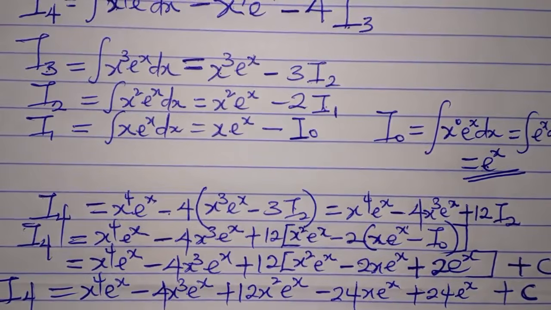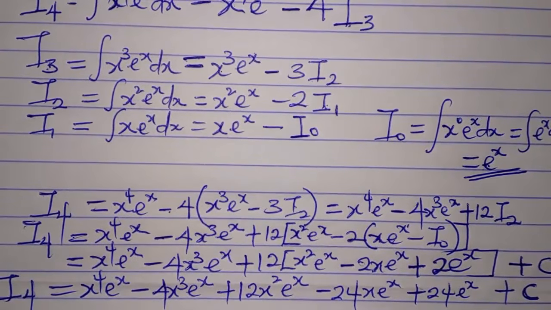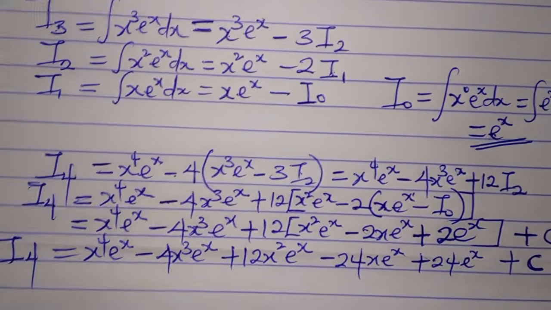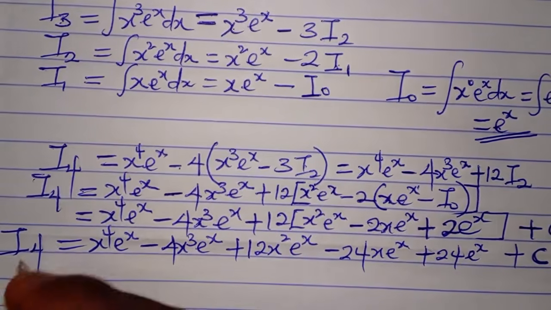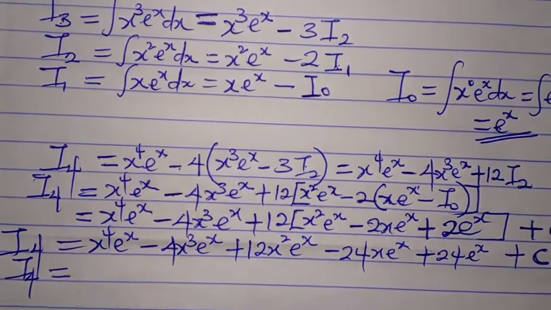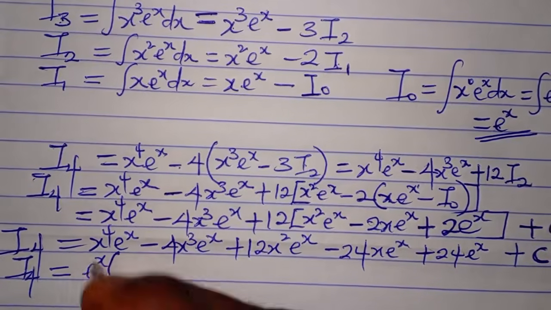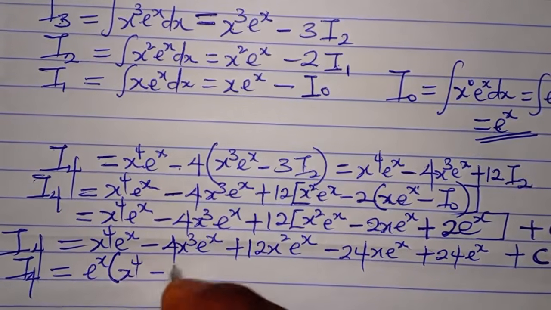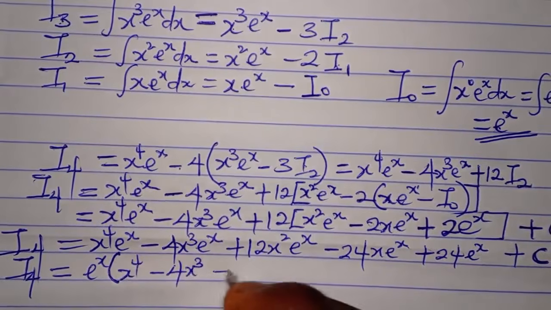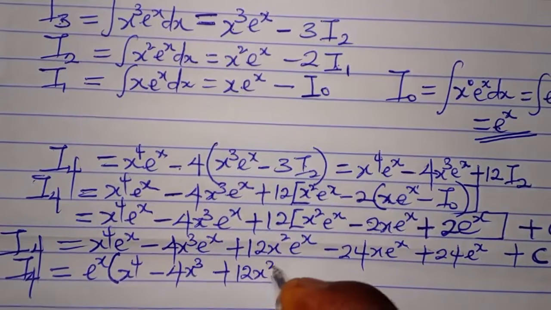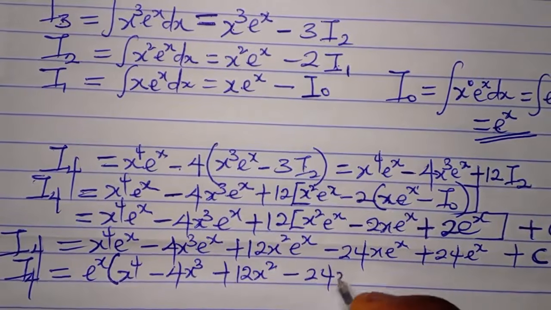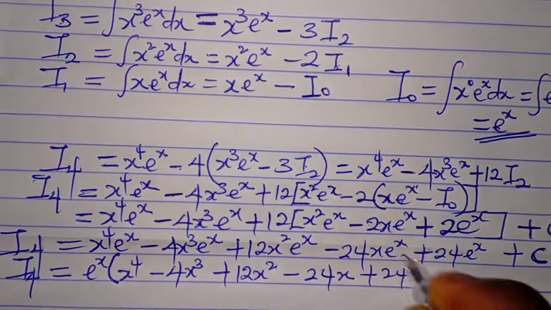So I can choose to factor out e^x, okay? If I leave it like this, I'm still correct. e^x is common to everything, that's e to the power of x. So I will have x to the fourth minus 4x cubed plus 12x squared minus 24x plus 24, plus